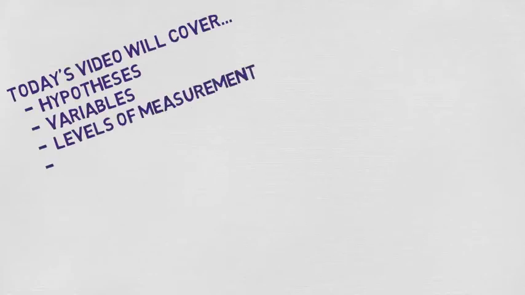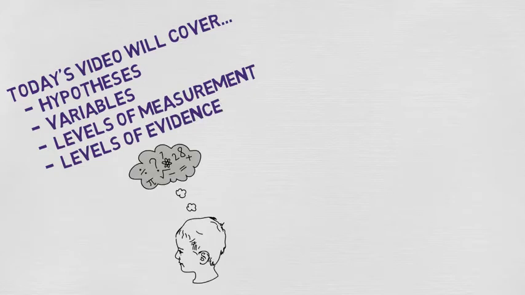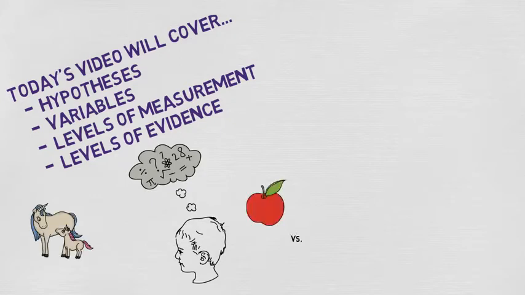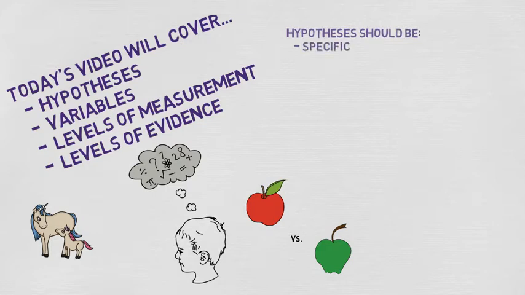In today's video, we're going to talk about hypotheses, variables, levels of measurement, and levels of evidence. A hypothesis is a speculative statement about a difference or a relationship. The difference could exist between groups on some factor or within a single group over different time points. It's important that hypotheses should be specific, concrete, and testable, and they should contain information about the dependent and independent